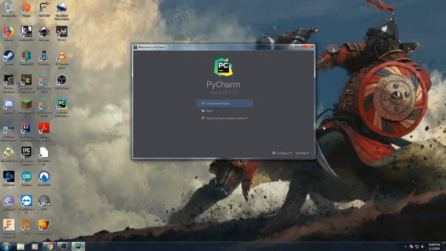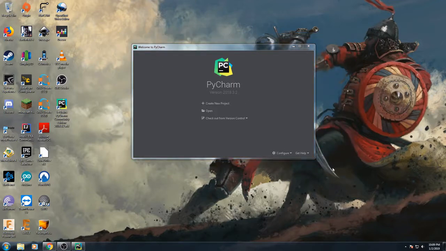Welcome back everyone. Today we'll create our first Python program which will use Vector's SDK. We'll basically make Vector do a small simple dance by controlling the motors of the wheels, the arm and the head. Of course, I'm assuming that by now you have already successfully installed the SDK and also successfully installed PyCharm and Python. If you have not done so already, you can go back and watch my previous videos and then come back